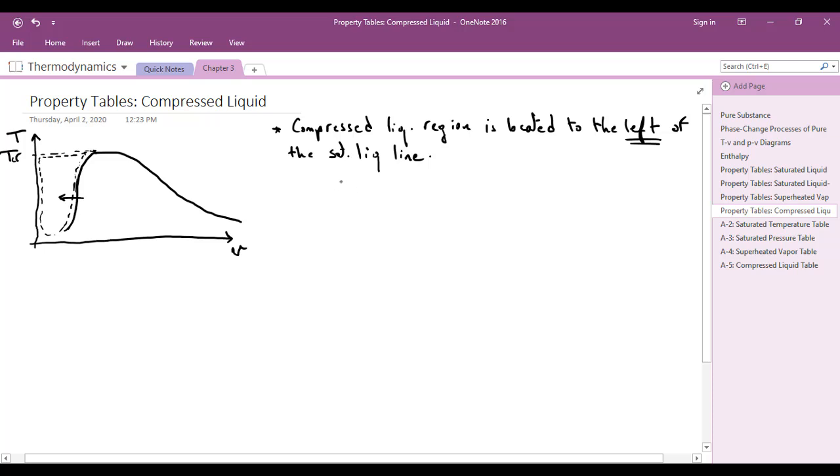Okay, so in order to know what are the conditions for a given state to be classified as a compressed liquid state, conditions for compressed liquid state,